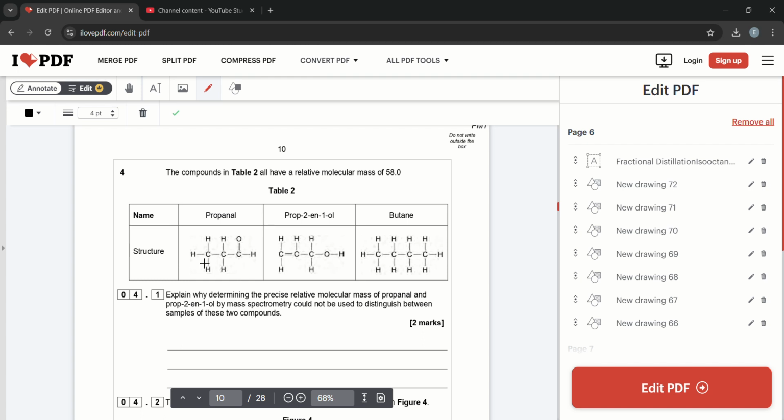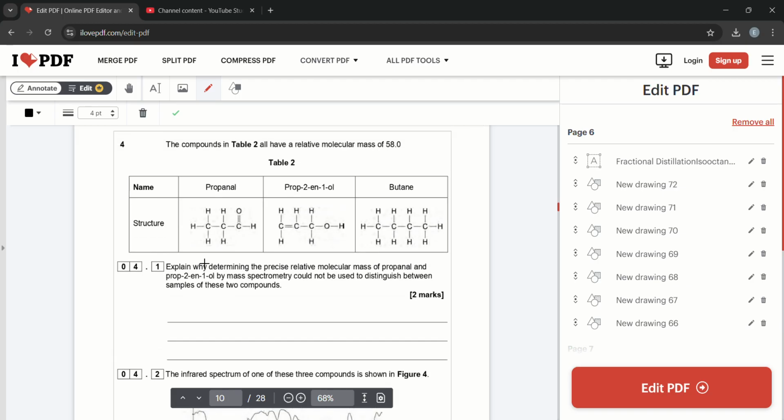Question 4. The compounds all have a relative molecular mass of 58, and it wants us to explain why determining the precise relative molecular mass of propanol and propene-2-ol by mass spectrometry cannot be used to distinguish between samples of these two compounds. Now, this is a very weird question, but the idea is that the question tells us they all have the